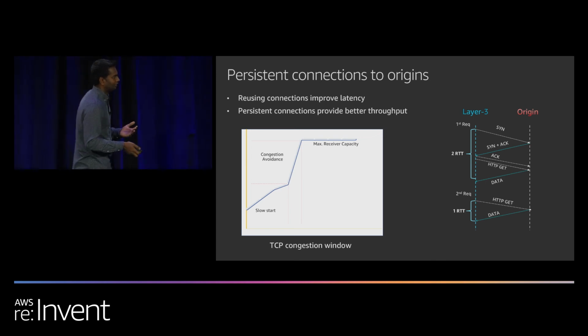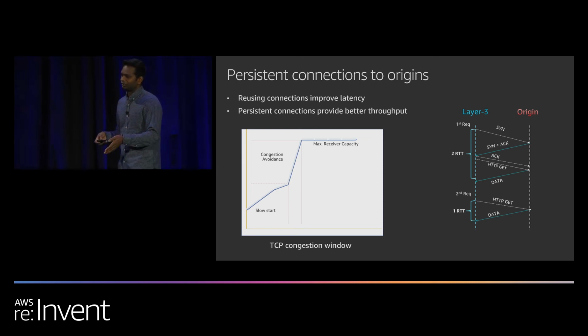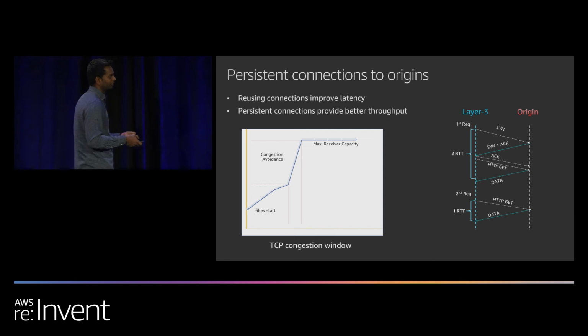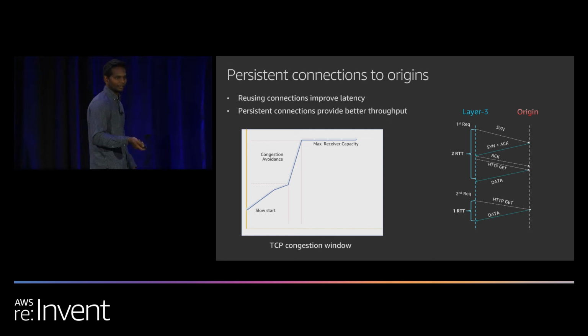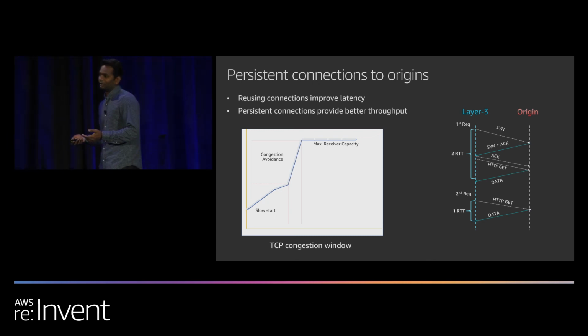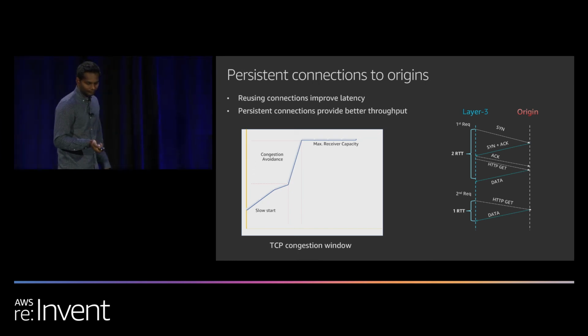It has the slow start phase, and the congestion avoidance phase. And if there's a packet loss in between, the congestion window would drop down again. It's not going to reach the maximum capacity probably within the first request, so it might take a couple of requests. So reusing the connection again and again would give you better throughput over time. And combine this with the power of the managed AWS backbone network, which has very few packet losses, then you're bound to get the best throughput possible.